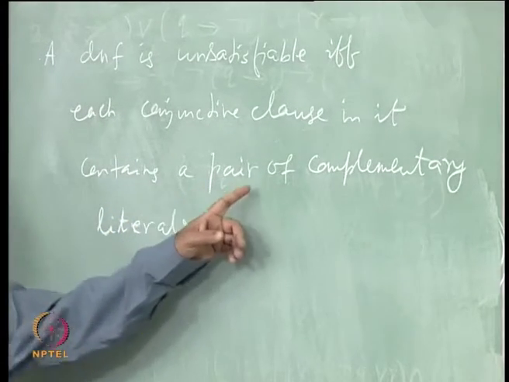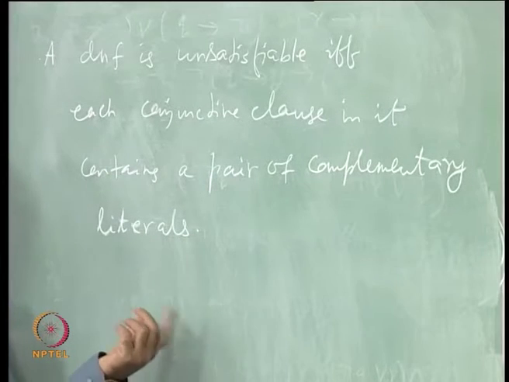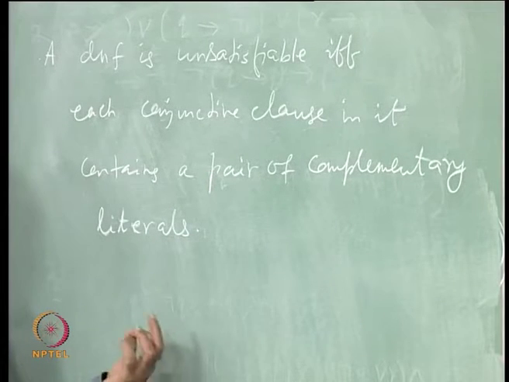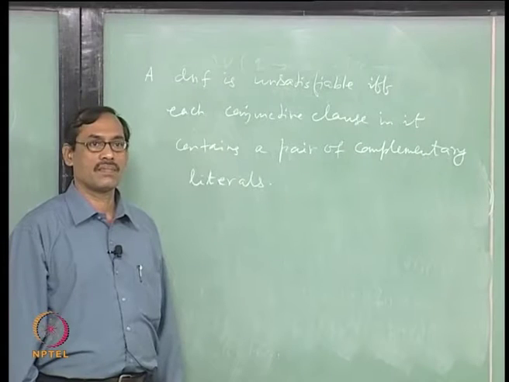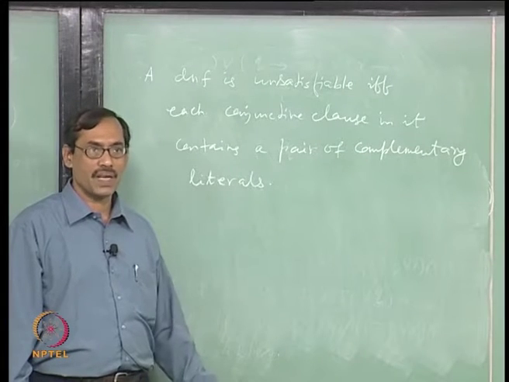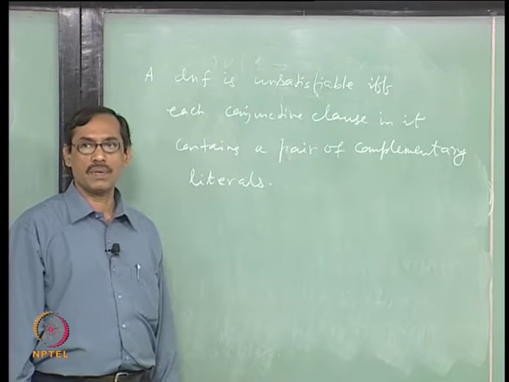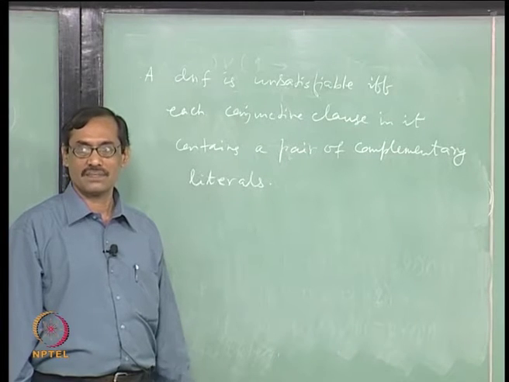So, a pair of complementary literals means for some propositional variable p, there is p, there is not p, okay. P and not p are called complementary literals, complementary to each other,